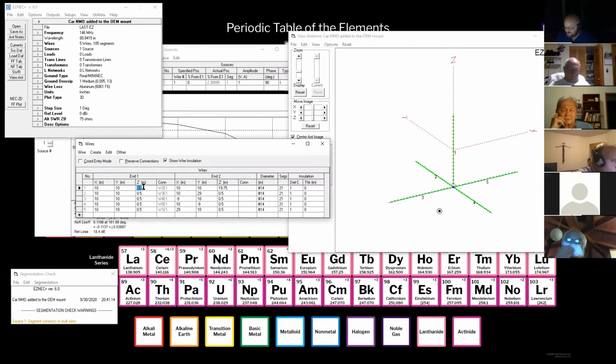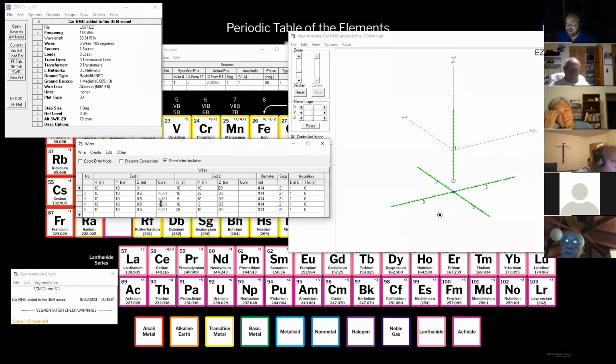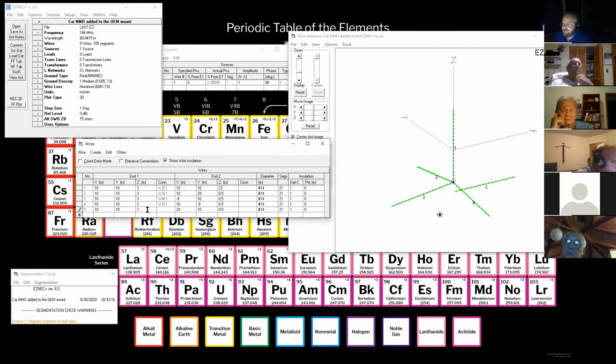Well, let's add 3 inches there. And I'm going to lengthen us a little bit there. And then I've got to move each one of these on its near end to 3 inches. The other way I could do this is just to delete them and move forward, but I don't want to do that. So now if you look over here at my drawing, they're all touching again. If we look in here, they're all connected again, but now we've got that slope going on. So now when we run that SWR again,